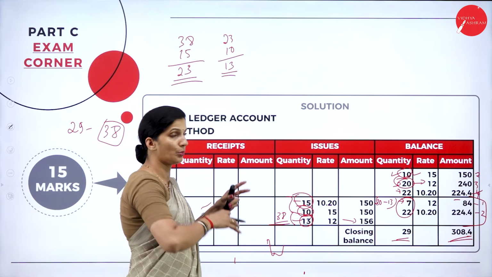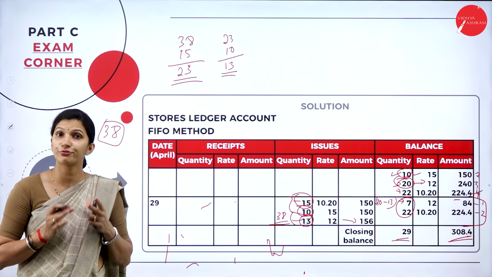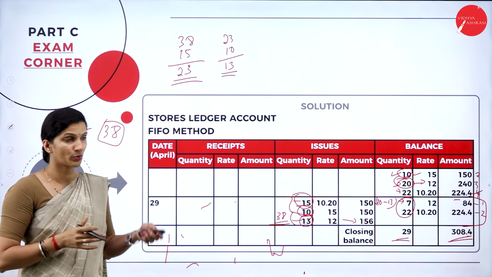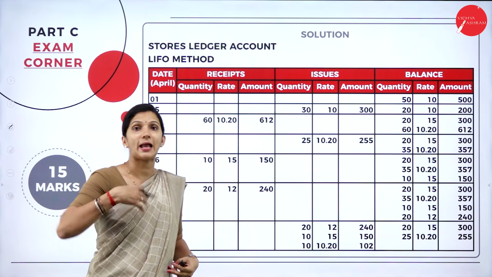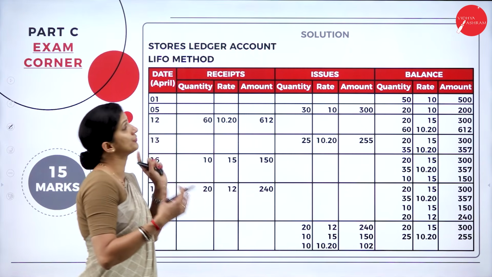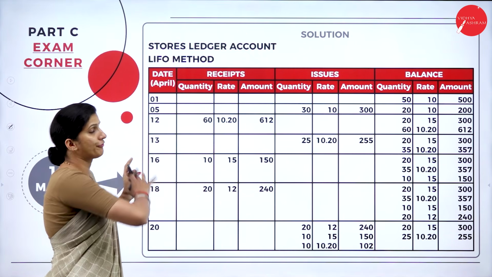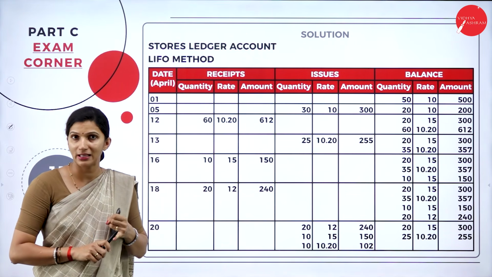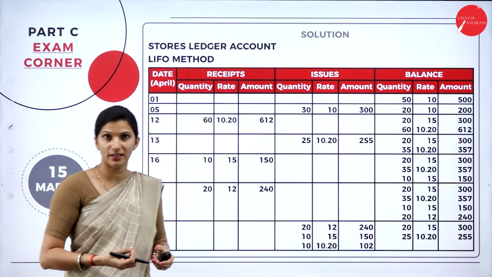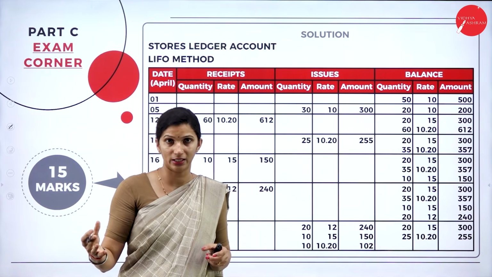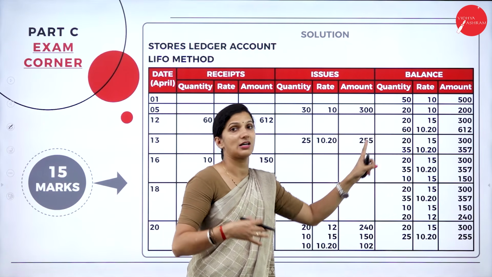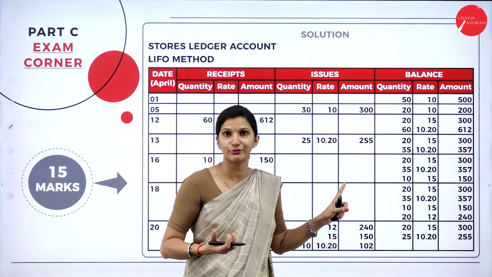So this is how we'll solve the question related to FIFO. That is using the first lot whenever there is an issue. So now the same question will apply. Again they have asked to apply the method of LIFO, that is last in, first out. So here everything is the same. How you write the balance or how you write the receipt, everything is the same. Only difference is that whenever you are issuing, you will not go from the first lot. You will start from the last lot. So that is the LIFO method.